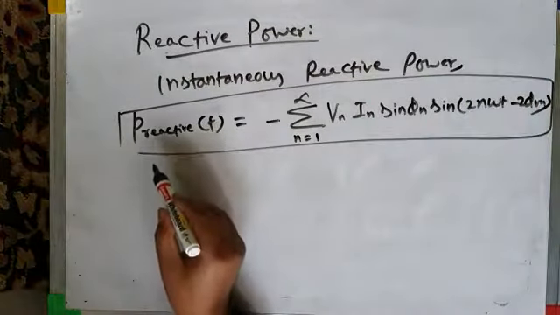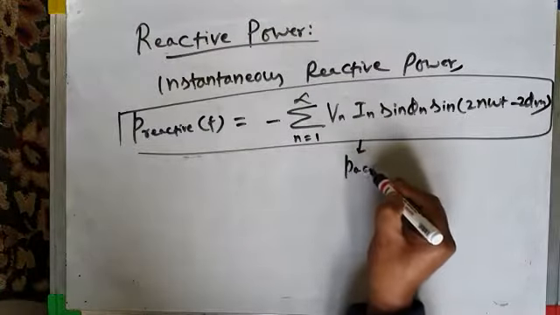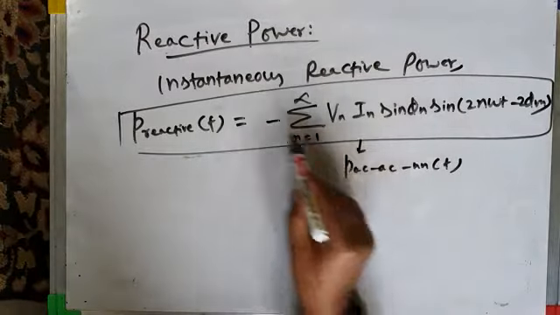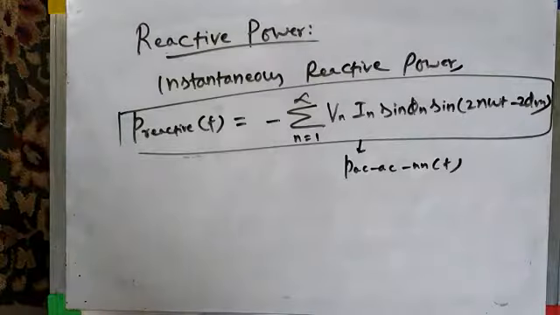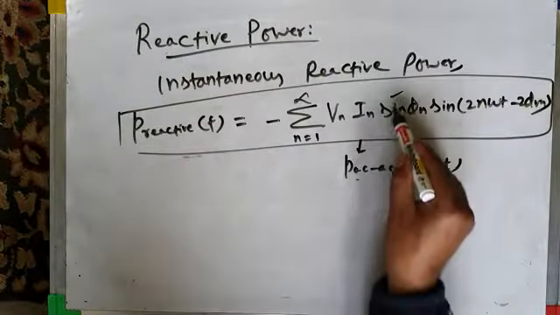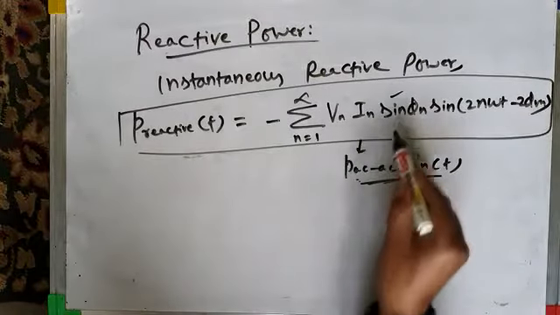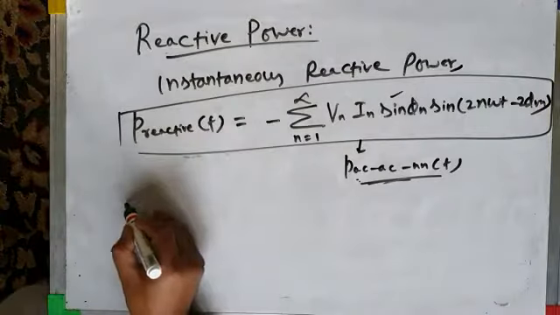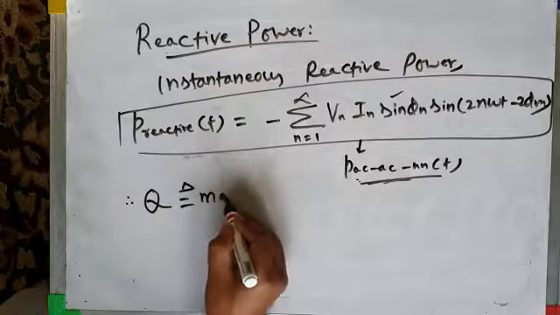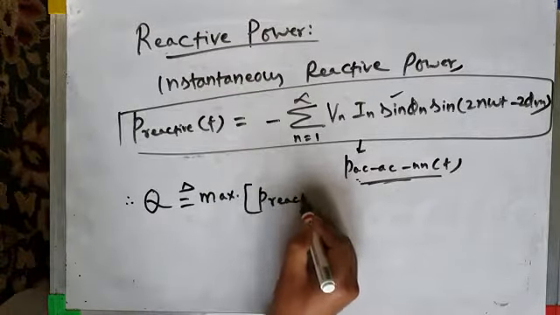This term actually comes from this PACACNN. Its cos phi part contributes to instantaneous active power, which we wrote a little while ago, and the sin term, the second term, is the reactive power. So therefore, what is reactive power Q? We already know that it is to be taken as the peak value of instantaneous reactive power.